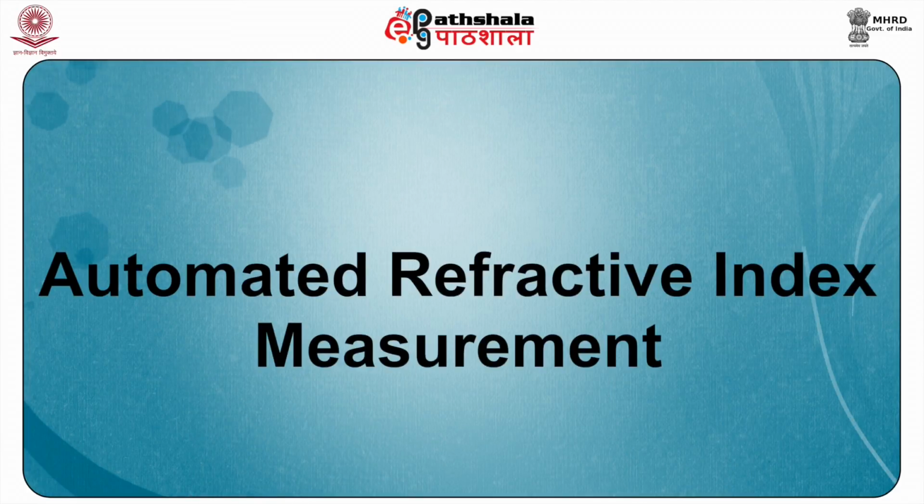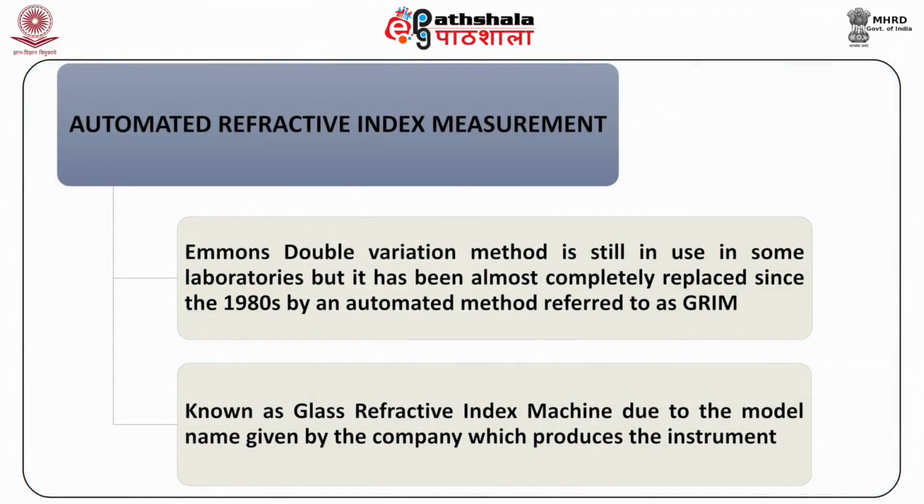Now then, for that purpose, automated refractive index measurements were done. Now, Emmons double variation method is still in use in some of the laboratories, but it has actually been completely replaced since the 1980s by an automated method which is referred to as GRIM. It is known as glass refractive index machine due to the model name which is given by the company which